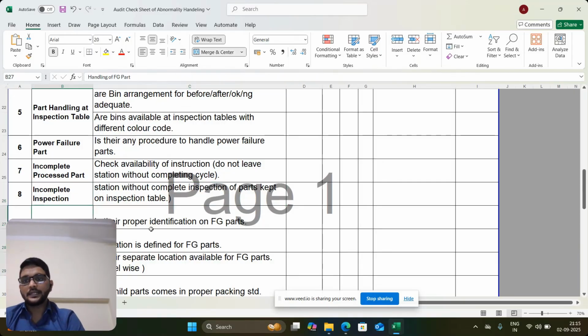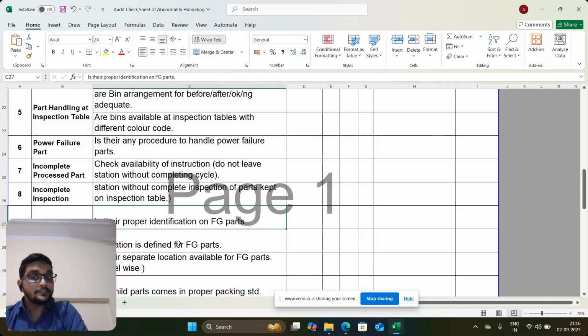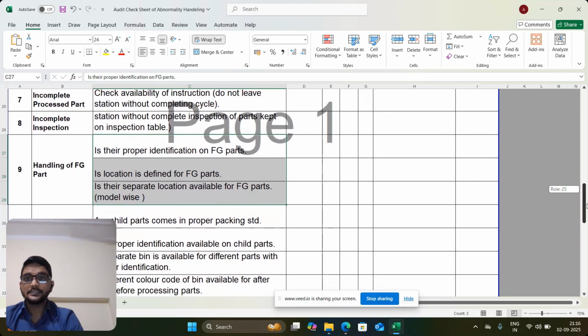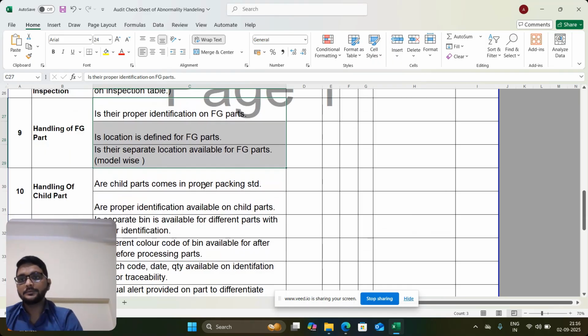Now next, handling of FG part. Now finished good part, how can we handle it? Is proper identification available on the finished good part? Is the location defined for finished good part? Is there a separate location available for FG parts, means model wise or variant type? If these are identified, and a separate location is available for each variant, yes, you will get a maximum score of 2